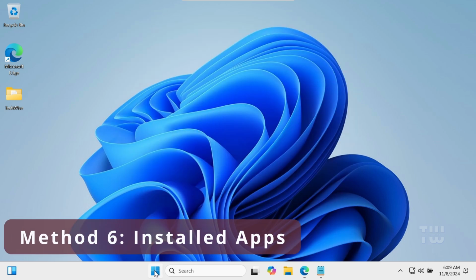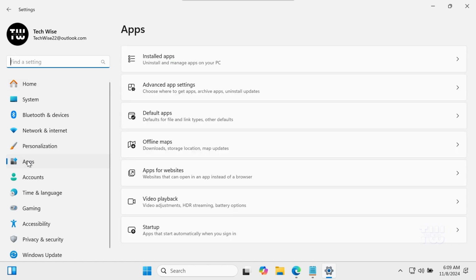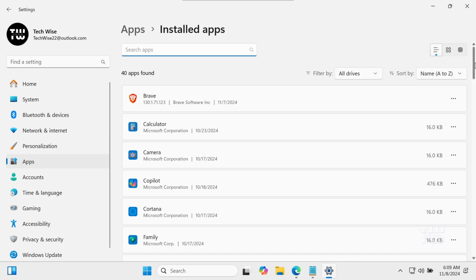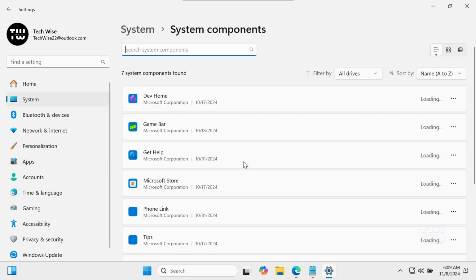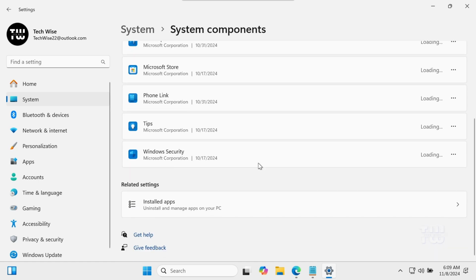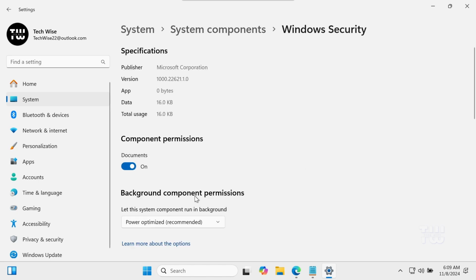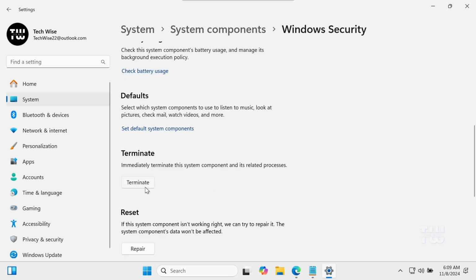Method 6, right-click on the Start button, click on Settings. Then click on Apps on the left panel, then Installed Apps, scroll all the way down, and click on System Components. Here you'll find the Windows Security app. Click on the three dots icon, then Advanced Options, and make sure that the background component permission is not set to Never. Scroll down and click on Terminate,